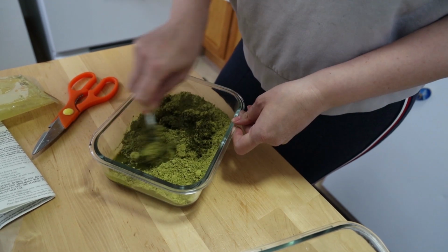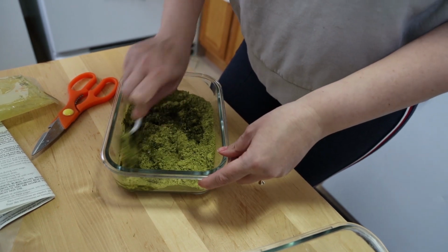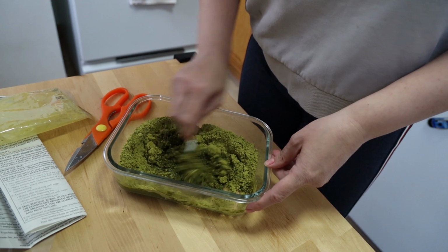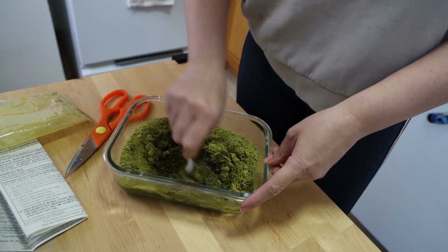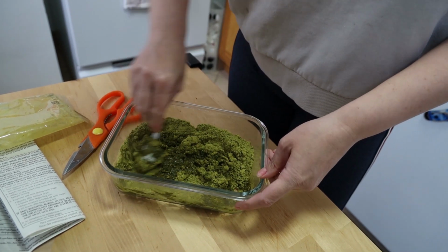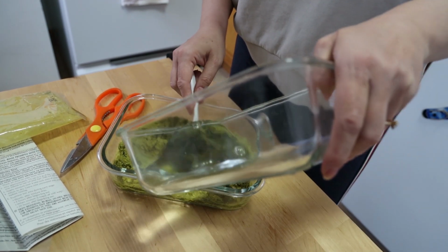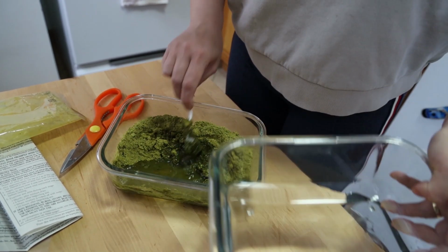Yeah, it smells like dry plants, but more like tea. Like tea, yeah. Like tea from plants. Yeah, but I don't know if it's like green tea. Honestly, no, right? Yeah. Okay, so I don't know if I can use only 12 ounces,